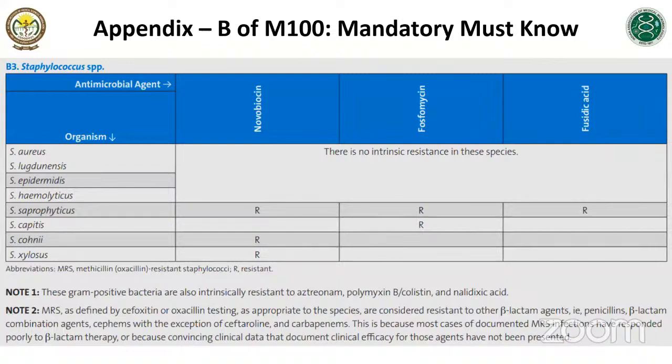Appendix B. Now, Appendix B is very, very important. Appendix B of CLSI shows you what the intrinsic resistances are. So you must know the Staphylococci are intrinsically resistant to many antibiotics like aztreonam, polymyxin B, colistin, and nalidixic acid. Similarly, the Enterococcus